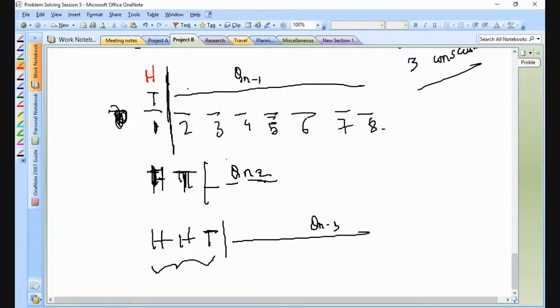So if you are saying it's TH, then there is also no problem. Now, TH and HT are the same cases, okay? No, I'm telling you, suppose it starts with heads. If it starts with heads, then I have to check what the other term is, that is, whether it's the edge or a tail. If it's the edge, then we go to the third case, that is the Q(n-3) case. If it's a tail, then it's the second case only.